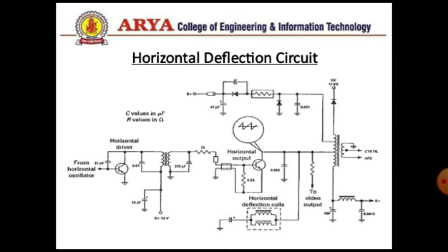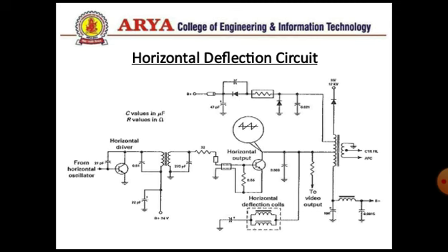So here is a circuit diagram of a horizontal deflection circuit. Here we can see the input of the signal and the output of the circuit. The signal is being input and we get it at the output. So we can see that there is a horizontal driver, which is a transistor, and it takes input from the horizontal oscillator, and then it gives the output at the horizontal output node,